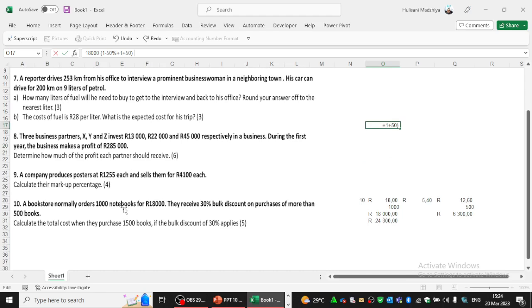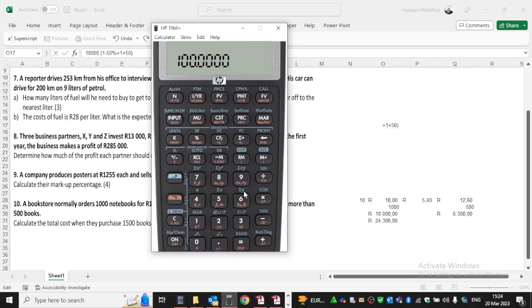We want to test your understanding based on the exact same thing, because that will no longer be testing your knowledge and application, but a different thing. So please make sure that you understand this concept much better. Then from there we'll be able to assist you if you do not manage to score more than 70%. But if you scored more than 70%, then you are sorted. How do you calculate that you scored more than 70%? This was out of 50, so you're going to say I scored 35 out of 50. 35 out of 50, that's 70%. But if you scored anything less than 35 marks out of 50,